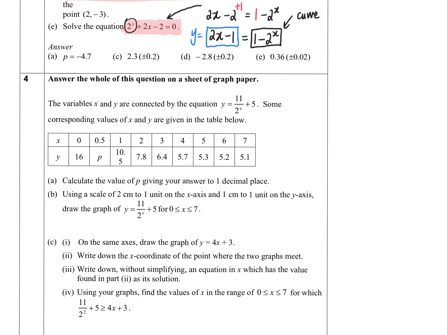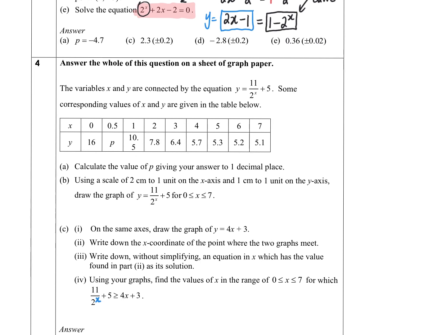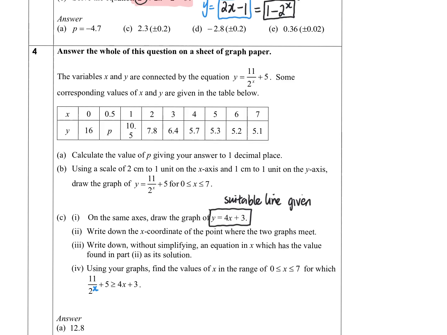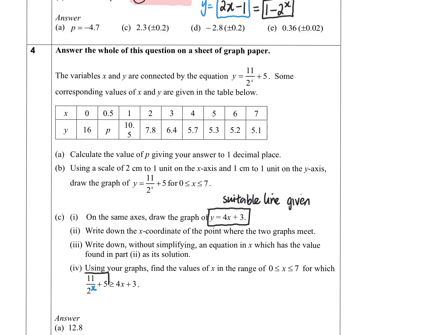Okay, this question has no suitable line. I realize there's a typo here. Change to X. Okay, this question has no suitable line, but they ask you in a very different way. See, they ask you to draw the suitable line. They give the suitable line to you. This one is given. Right? So after you draw, they say, can you tell me for what values of